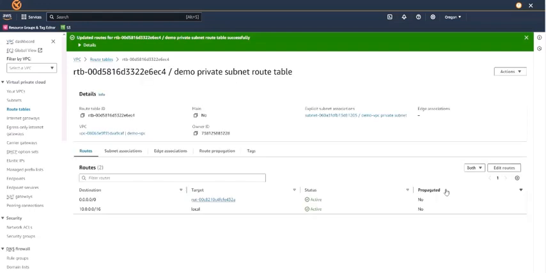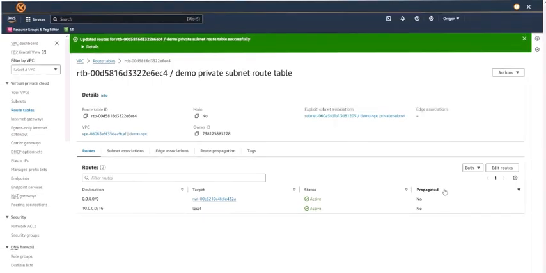Okay, now we have a route from the private subnet to the NAT gateway, which is in our public subnet and can communicate to the internet.